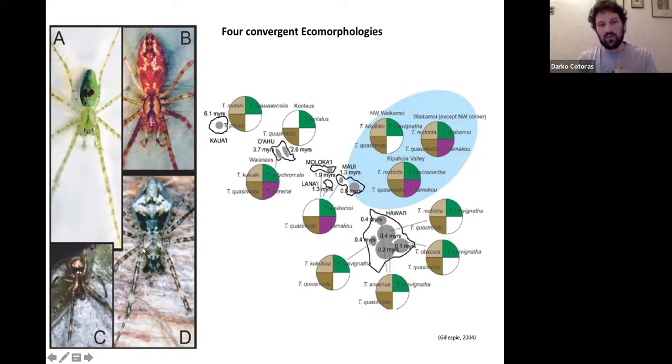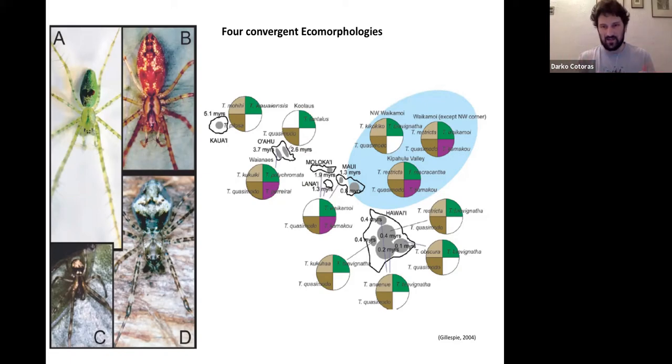We have these 4 ecomorphologies evolving semi-independently in all the islands in a repeated fashion. We never find 2 species of the same ecomorphology living together. The idea is 2 species with the same ecology might enter in competition, and that will prevent their coexistence. This pattern of 1 ecomorphology per site is repeated in other well-studied adaptive radiations like the Caribbean anoles, the East